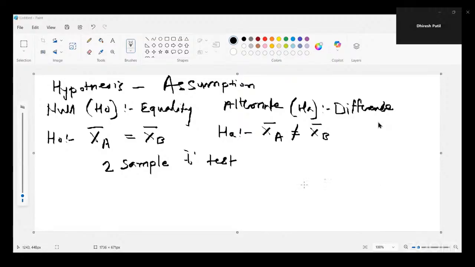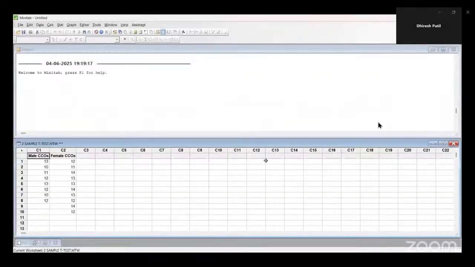So can you just open this file called two sample t-test? Once you open the file, let me know in the chat box that file opened. Yes, once you opened it, let me know file open.